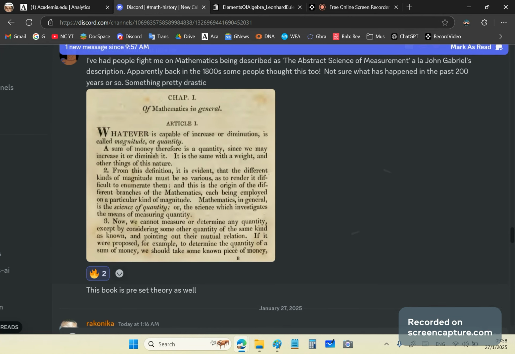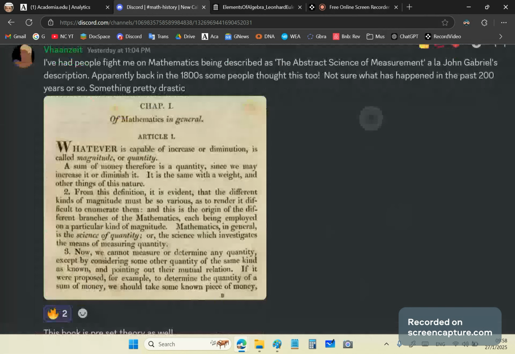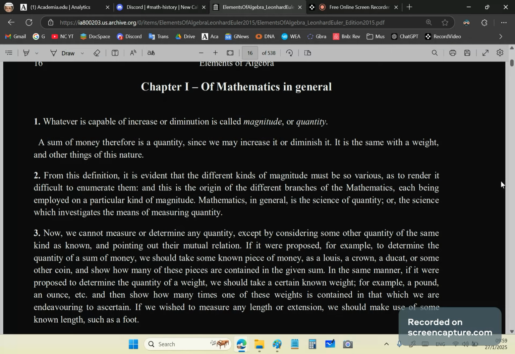So we're having a discussion, or some people are having a discussion on the new calculus Discord. And this contributor says that people have been telling me that Euler's book is more or less the same as mine. Well, it's not exactly true, because although Euler knew a lot of things, he did not get the basics right. So let's look at Euler's main textbook, which, by the way, I've forgotten because I first read it when